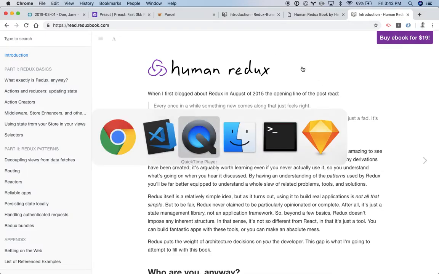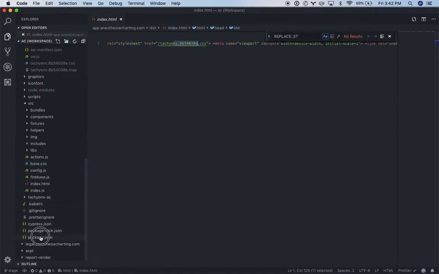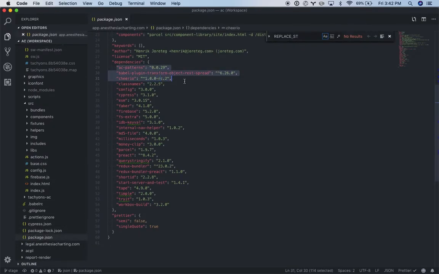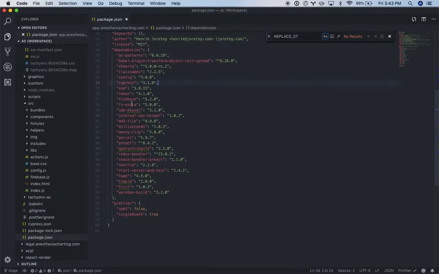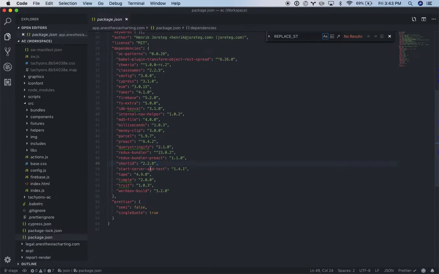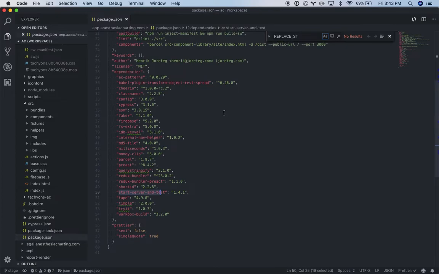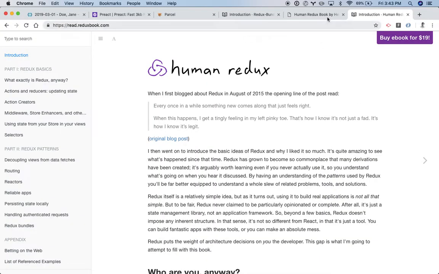If you look at my package.json here, you'll see most of this stuff is my pattern library. This is all just build related stuff, Cheerio for injecting something into the HTML on build. So really, it's not that much stuff. Preact, Redux Bundler, the binding library for that. This is all build related. Yeah, so very few dependencies, lots of work being done here by a few tools. These are by far my favorite tools, and they managed to handle tons of complexity here. So hopefully that's